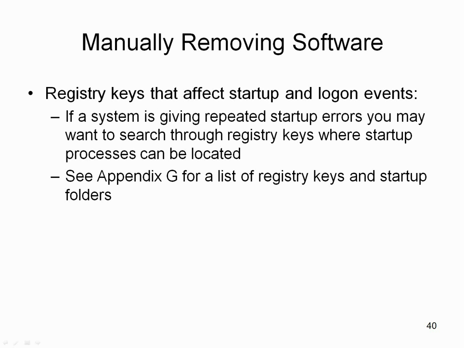If a system is giving repeated startup errors, or you have just removed several programs, you might want to search through registry keys where startup processes can be located. In the textbook, you can look at Appendix G for a list of all these registry keys and startup folders. As you read through this list of registry keys to search, know that this list is not exhaustive. With experience, you'll learn that the registry is an ever-changing landscape of